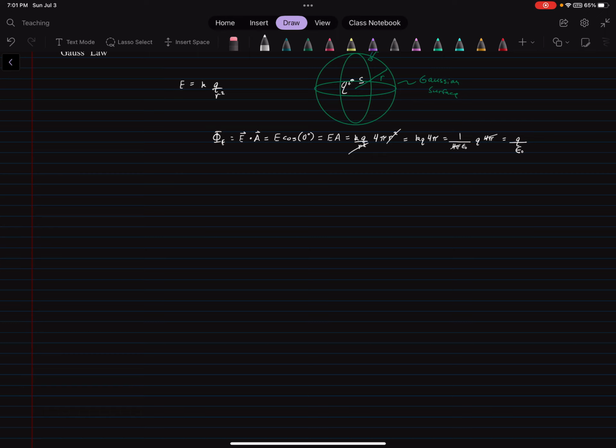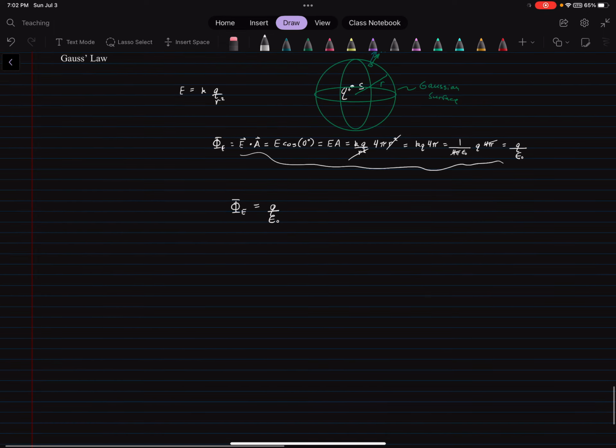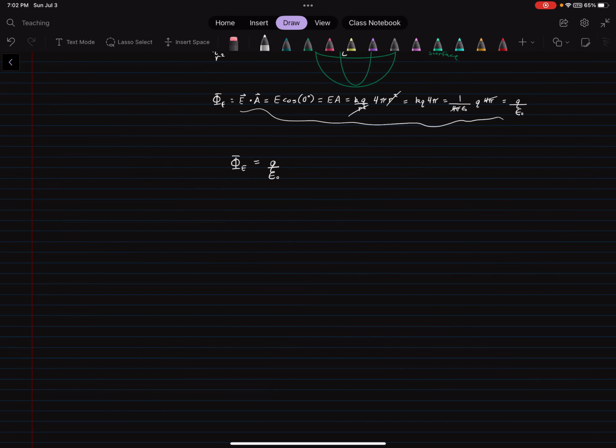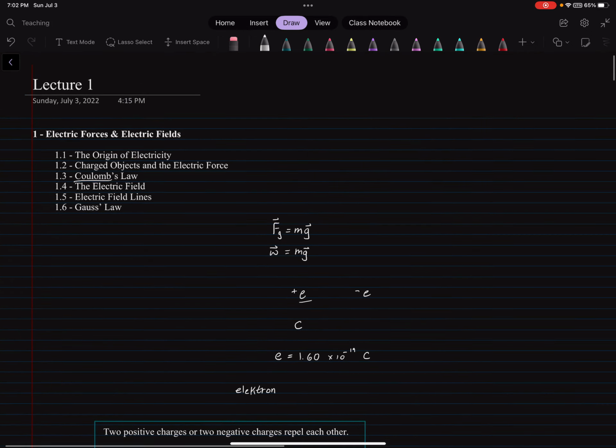So if you just eliminate the whole journey we took, what we found is that the total electric flux through a Gaussian surface, arbitrary Gaussian surface, is equal to Q divided by epsilon naught. And if you have some other charge distribution that isn't a point charge, like I said, it also holds. It's just the total charge of everything that's enclosed. So in general,